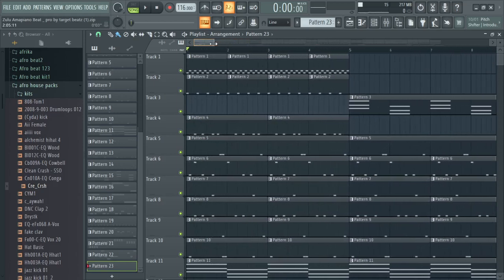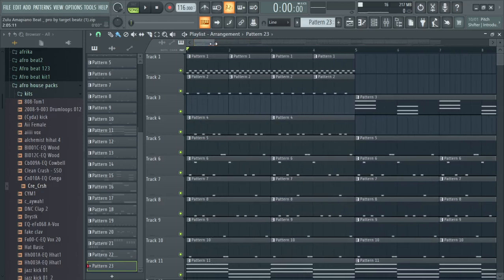So I realize that people find a problem when they finish with a beat. How are they going to be able to export in MP3 and WAV format, which are the consolidated forms of audio? You could take a WAV file, which is much higher quality, to a studio and record your voice over the WAV file, or you could take an MP3, which would lower the quality, but is still good enough for mixtapes